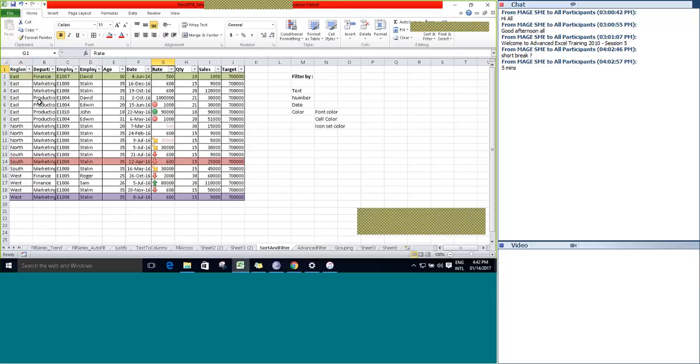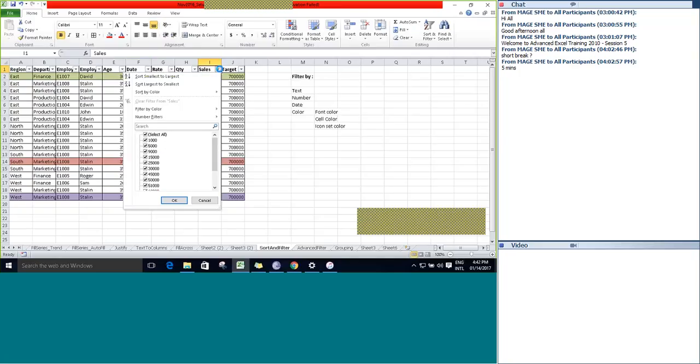Similarly, the next filter type is going to be the number. Let's do it for Sales. It is a number filter. I want the values that are Top 10.